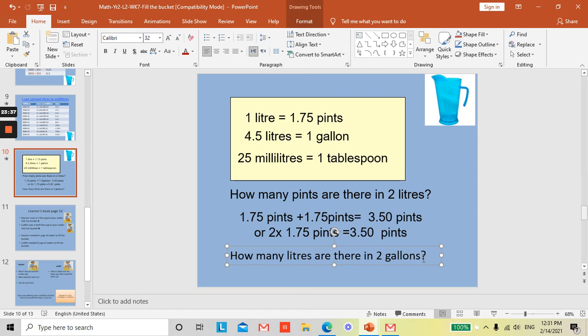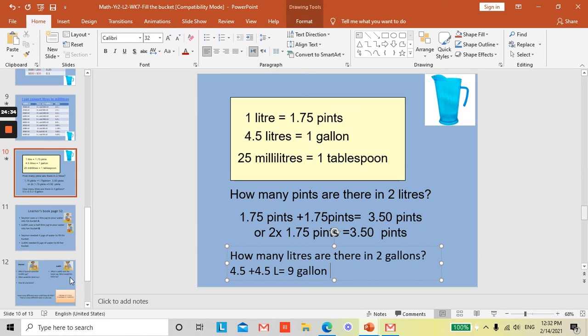How many liters are there in 2 gallons? 4.5 liters is equal to 1 gallon. So if you want to get 2 gallons, you're going to say 4.5 plus 4.5 liters is equal to 9. 5 plus 5 is equal to 10. You carry over 1. 4 plus 4, 8 plus 1, 9. So we have 9 liters. That is